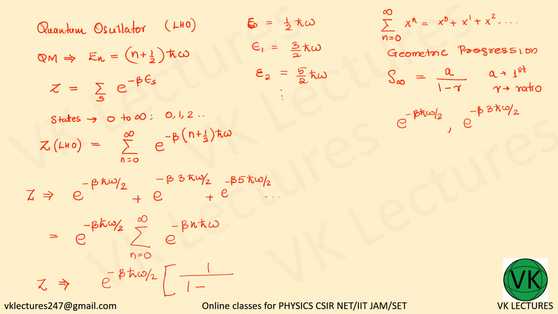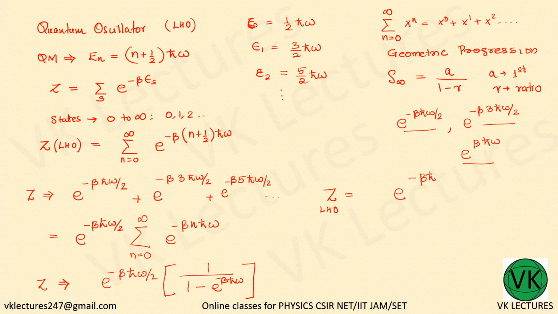So the common ratio is e to the power beta h cross omega. When you multiply these two quantities, this one and this one, you get the third. So e to the power minus beta h cross omega becomes the common ratio. So this becomes the partition function. The partition function Z for the linear harmonic oscillator is equal to e to the power minus beta h cross omega by 2